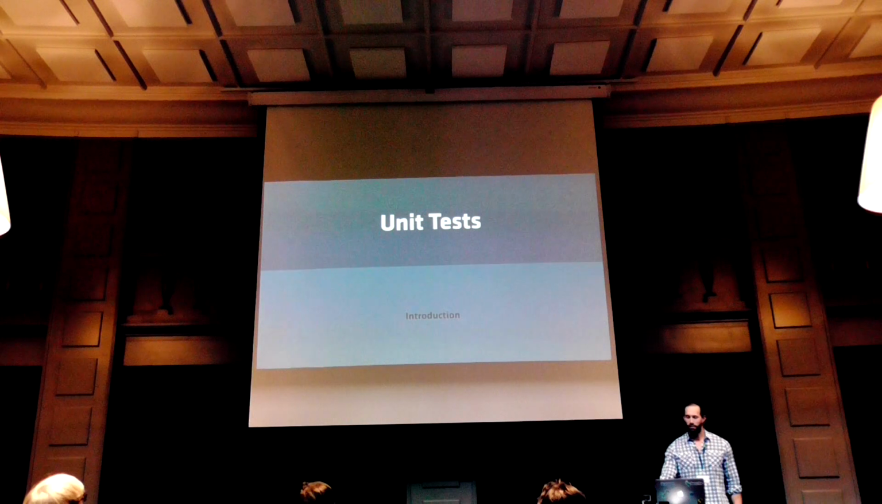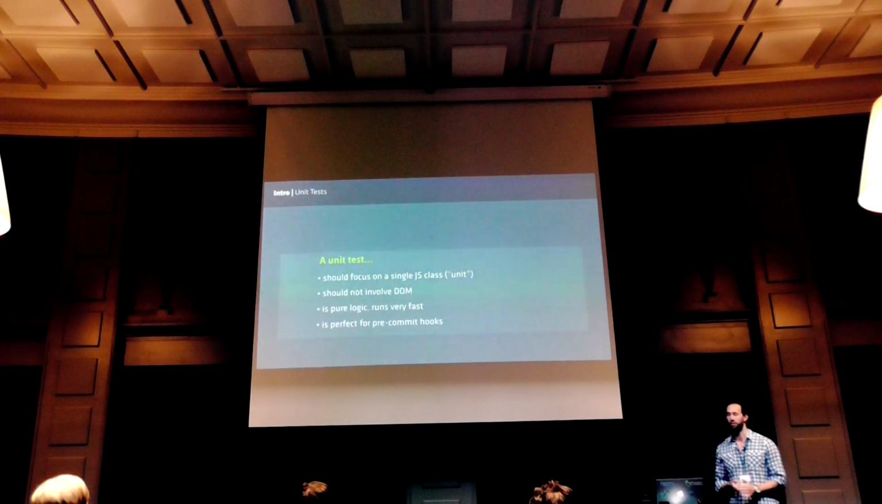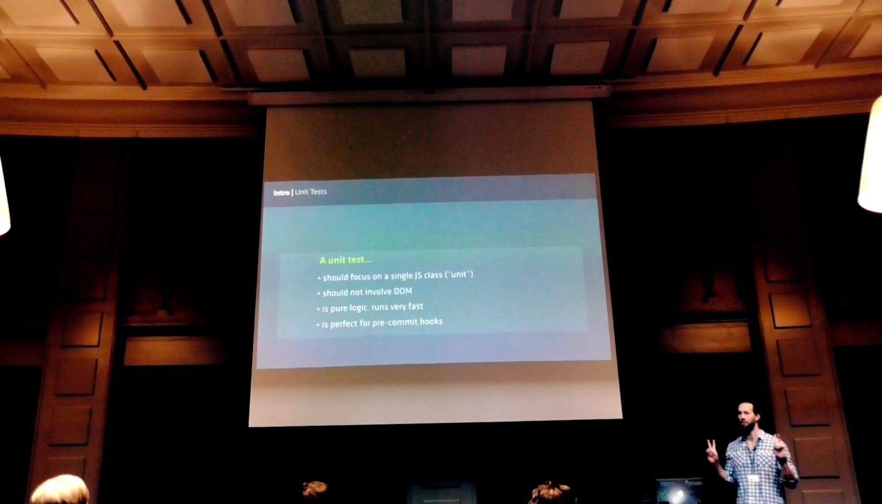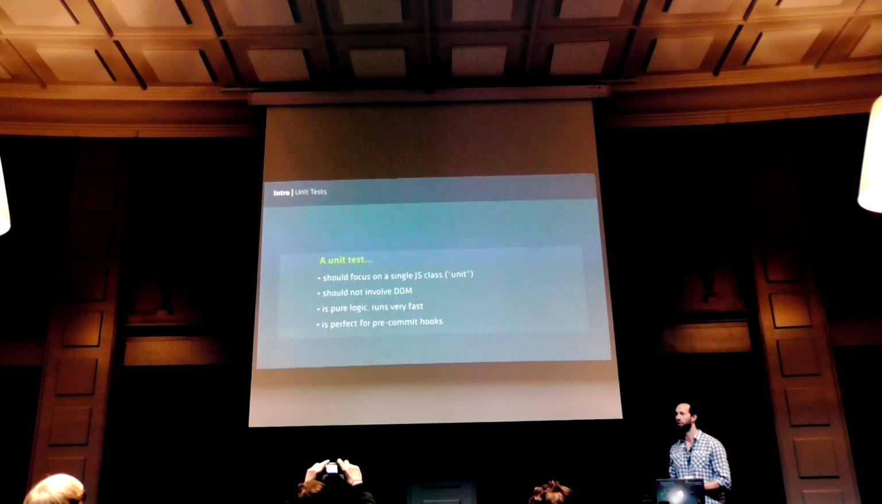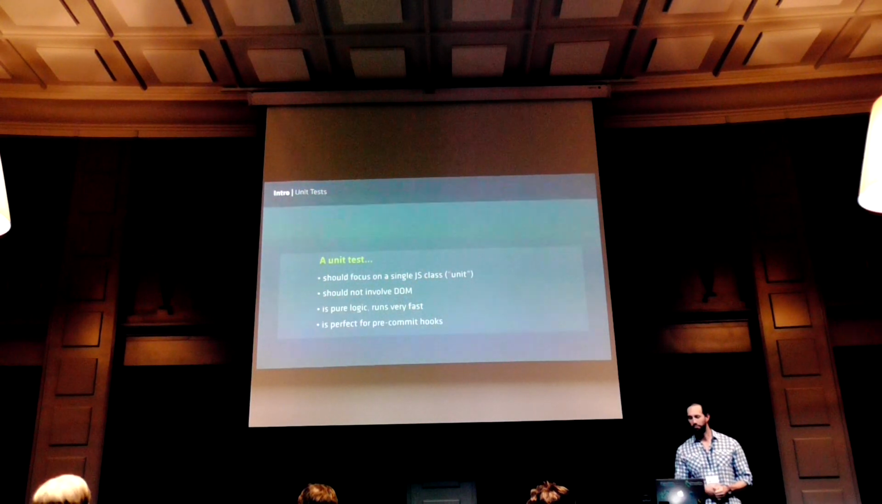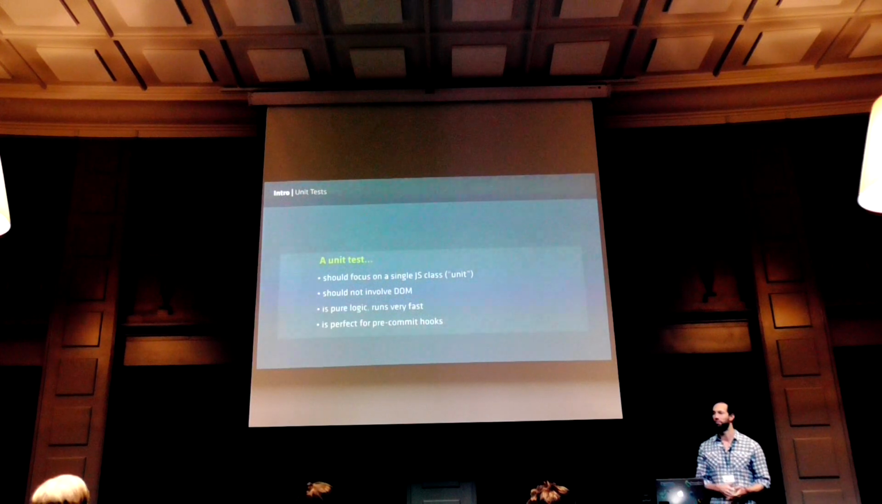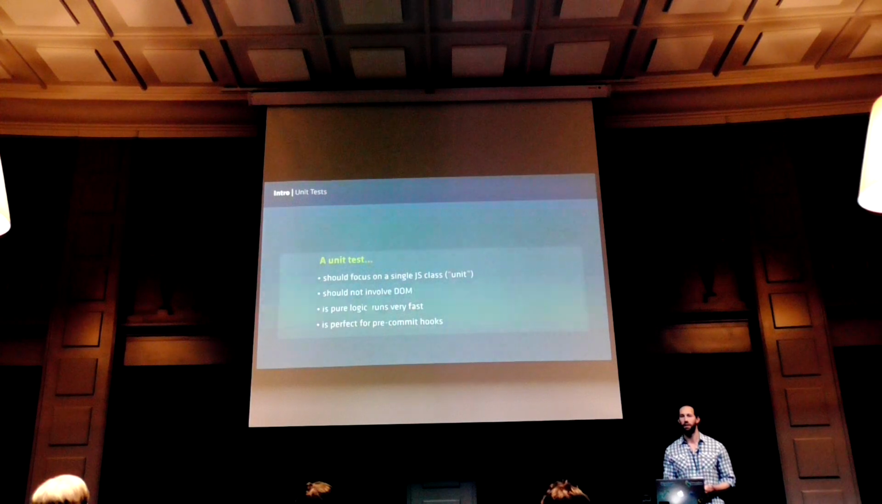So yeah, let's start with a look at unit tests. A unit test should, of course, focus on a single unit, which in your world might be a JavaScript class. The unit test should not involve too many different things. It should just be isolated, very easy to understand what it's doing. Should not involve the DOM. It should be pure logic, like maybe math calculations, financial, calculating money, dates, stuff like that. That runs super fast, and you can run it over and over again, which makes it a perfect candidate to put in a pre-commit hook,